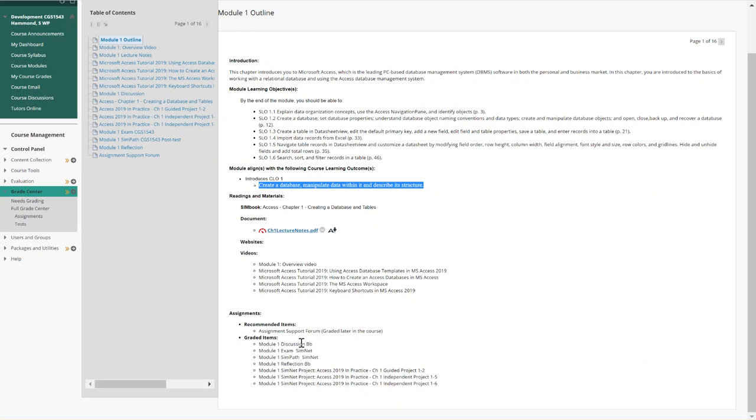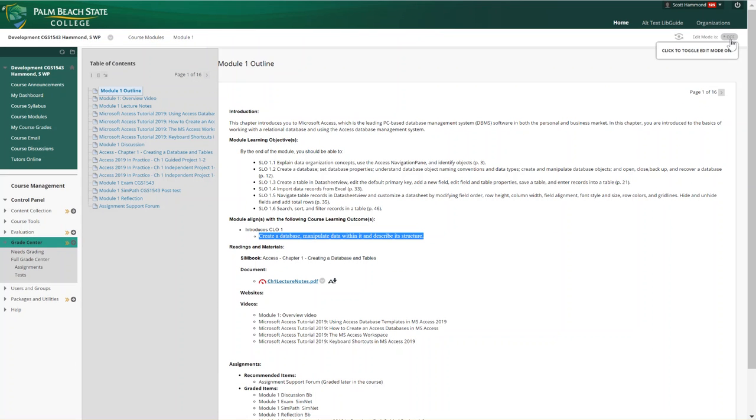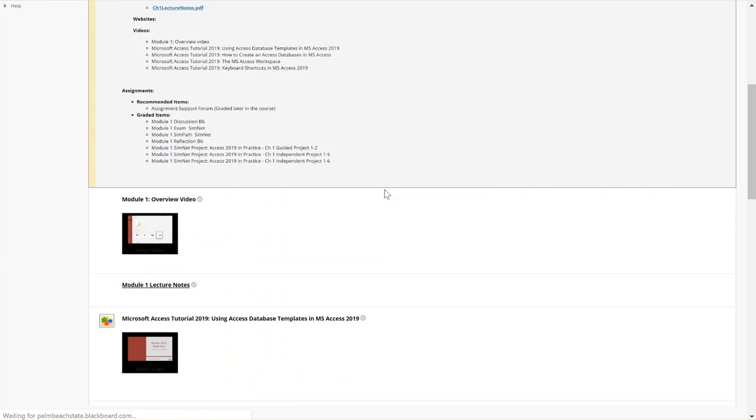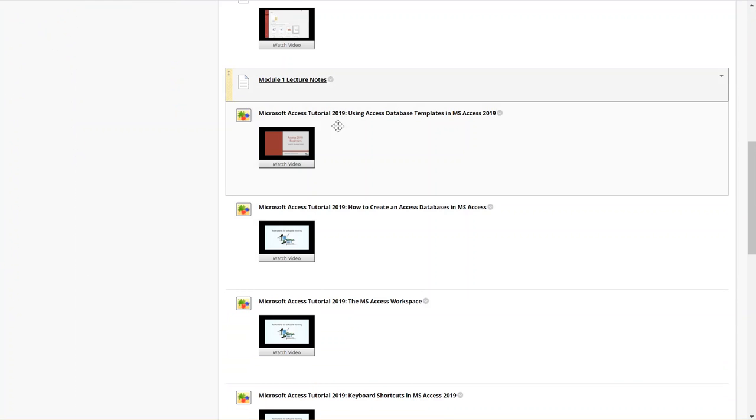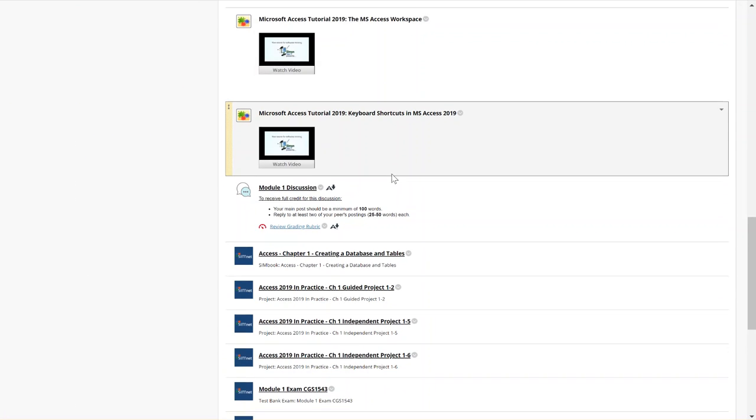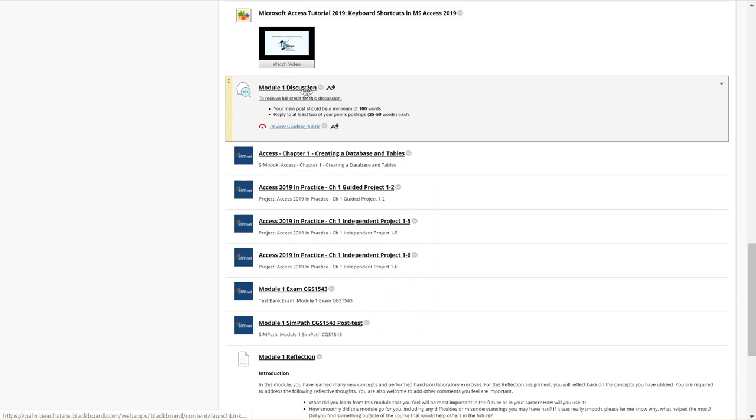There's a discussion, it's here in Blackboard. There's an exam, it's in SimNet. There's a SimPath in SimNet. We've got a reflection, and I'll talk about that in a little bit. I'm going to toggle back to my view so it's a little easier to navigate everything. So we've got those different videos available to you. The discussion, now the discussion,